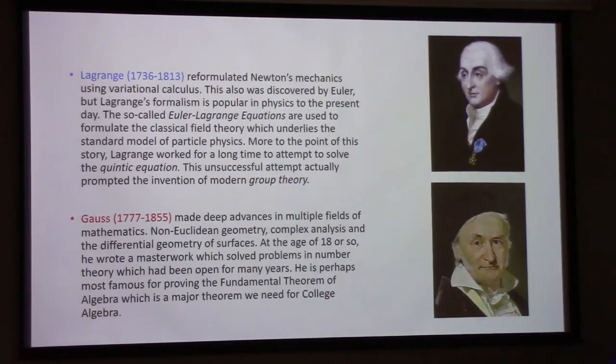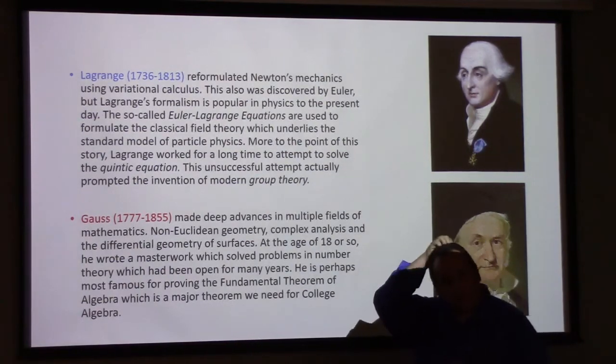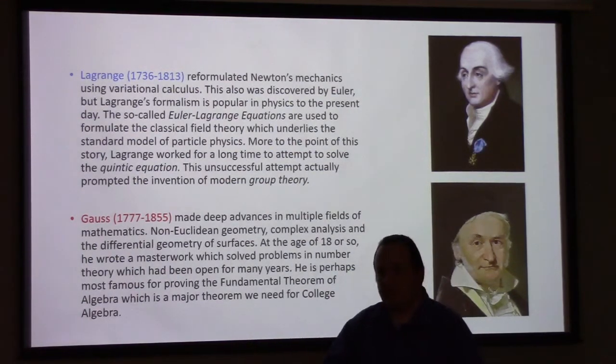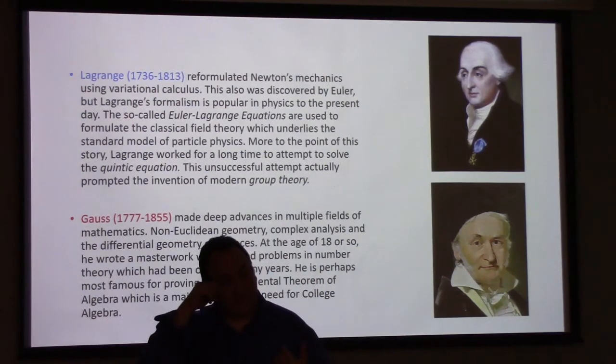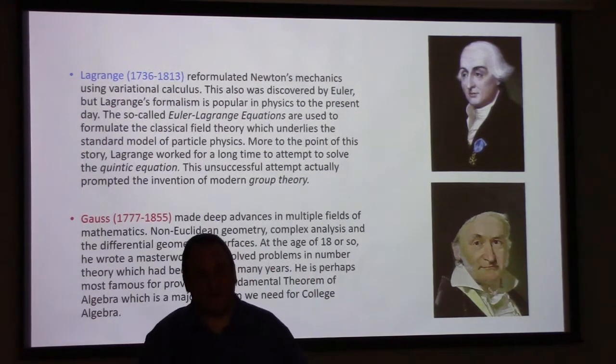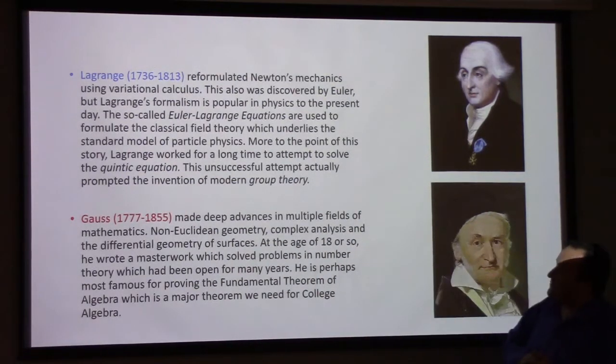Then there's Lagrange, who's the father of what's called Lagrangian mechanics. Lagrange and Euler both developed something called variational calculus. The way we do physics at its base is in terms of something called classical field theory. Euler and Lagrange were both foundational to that. But those things were done, what now, 300 years ago.